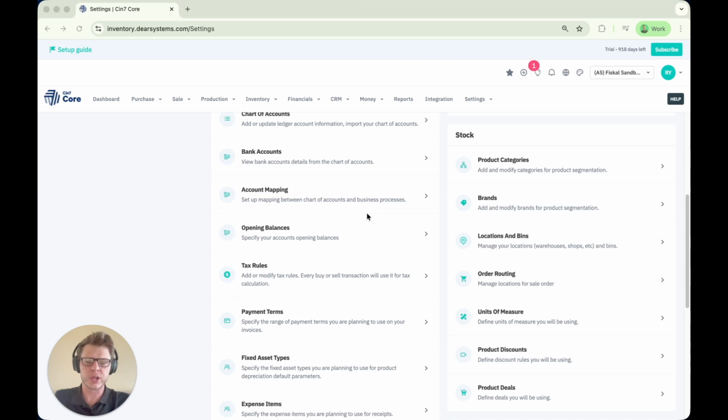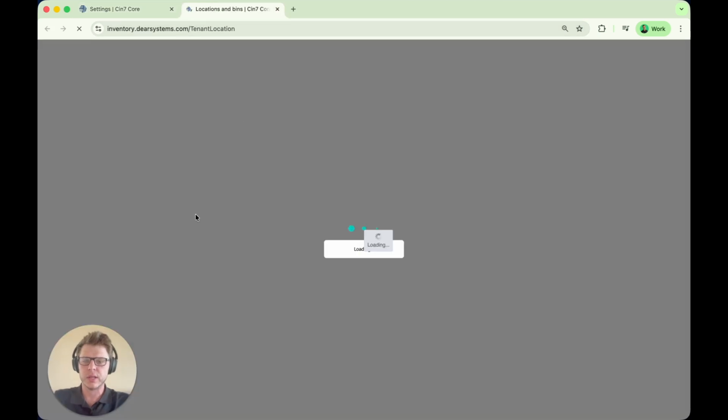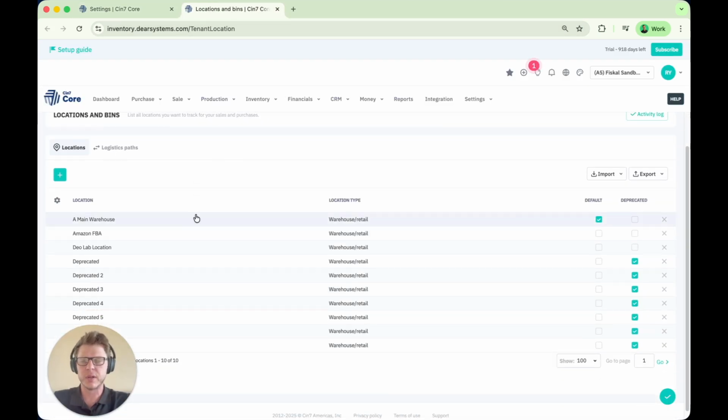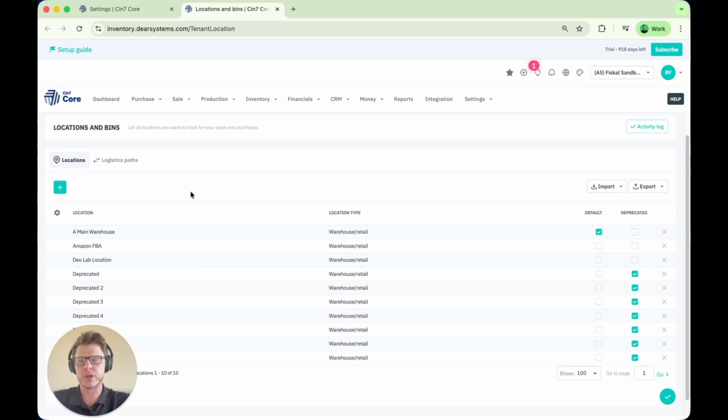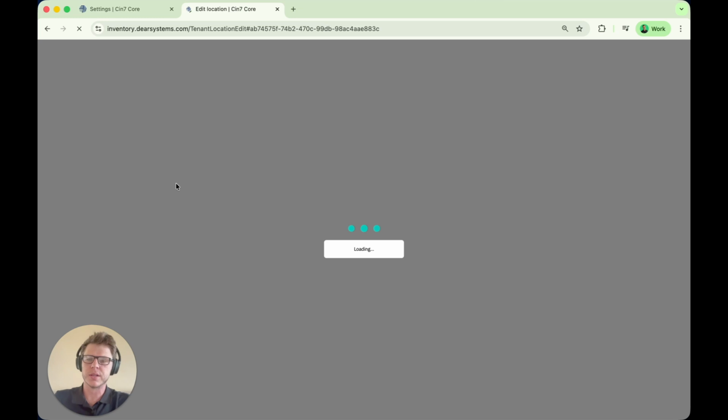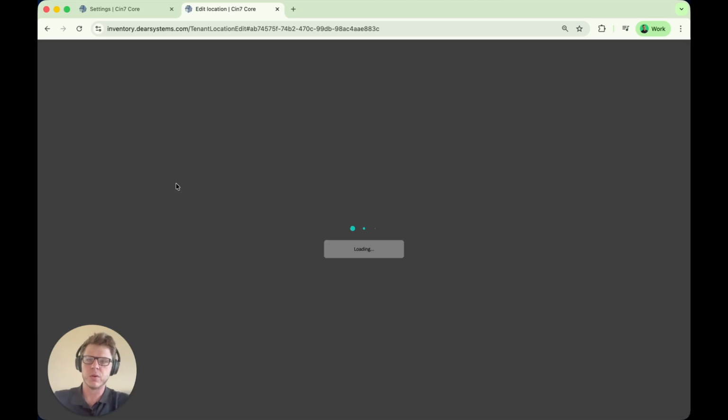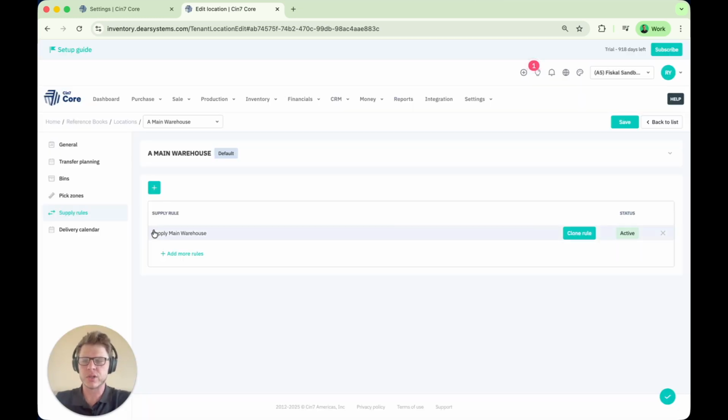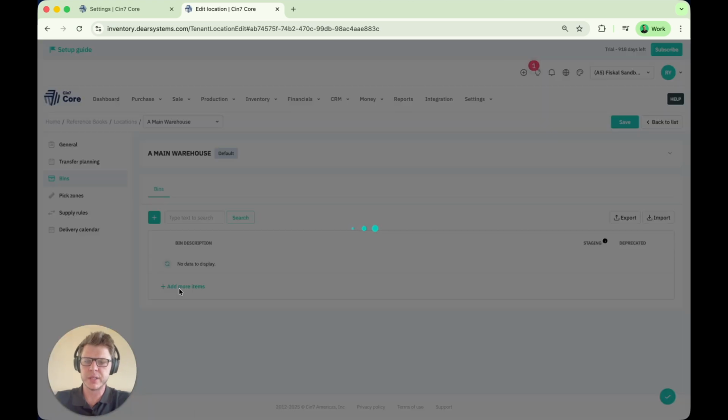When we look at locations, the locations are very, very important. I'm going to go into locations and show you what goes on in there. These are the locations that we have at our disposal within our entity. So if I have a main warehouse and 3 retail stores, for example, this is where I would load them. If I have a main warehouse and I'm using bins, this is where I would set it up. Inside your locations, I can set up bins